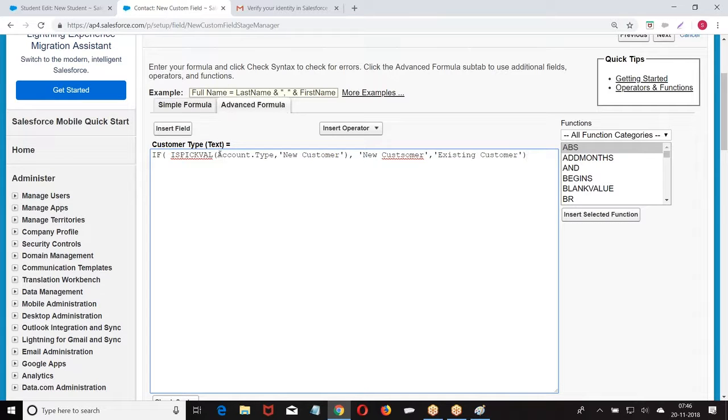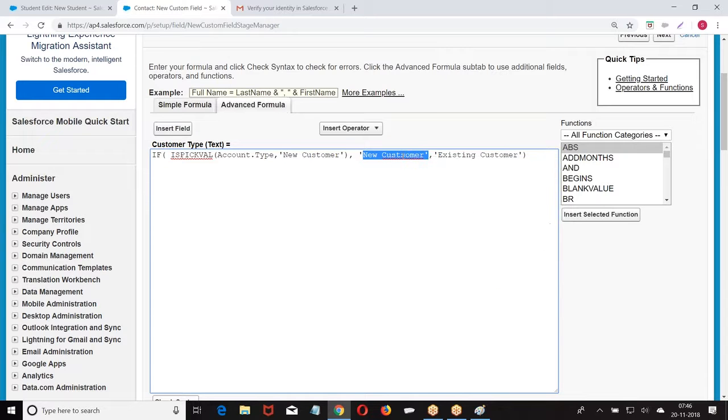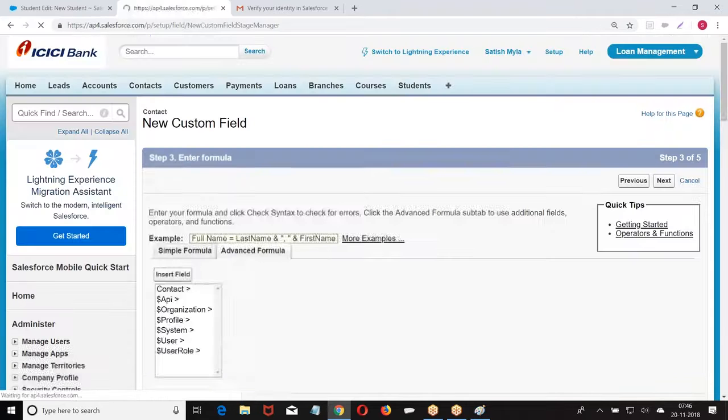No. If the account type is new customer, new customer will be printed. If it is not a new customer, I'll get existing customer. I'm just writing a small logic here.